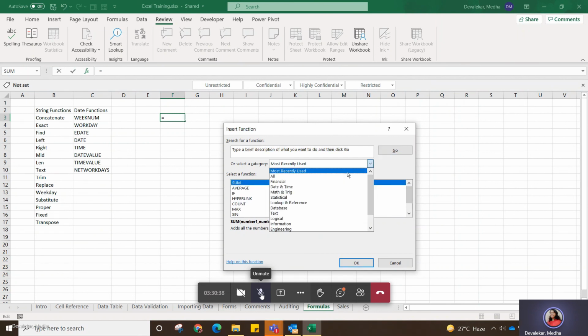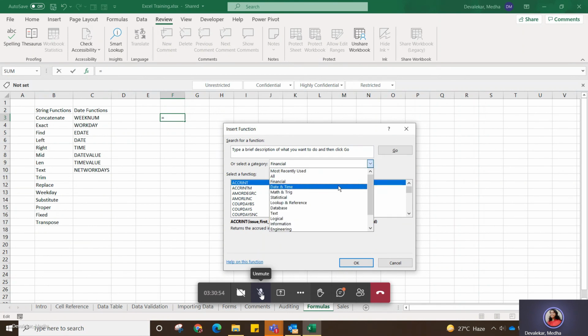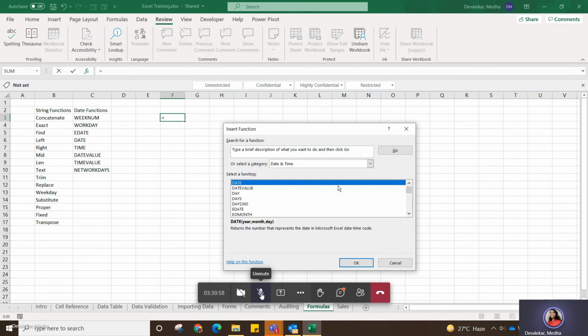Again, these are the most recently used. There are some categories of the formula you can see. All, then in financial, there will be only financial functions, financial formulas. In date and time, the formulas related to date and time, only that will be there.